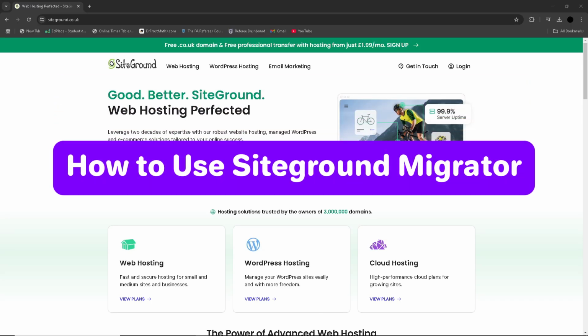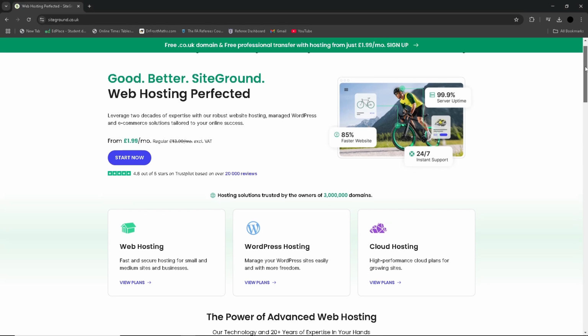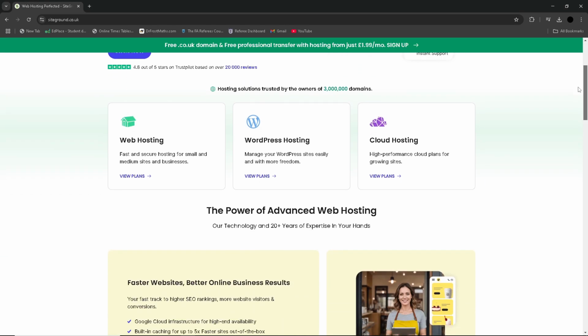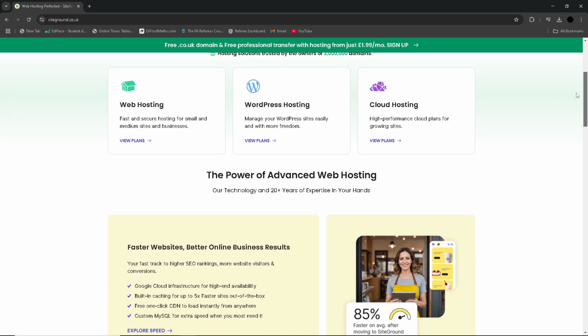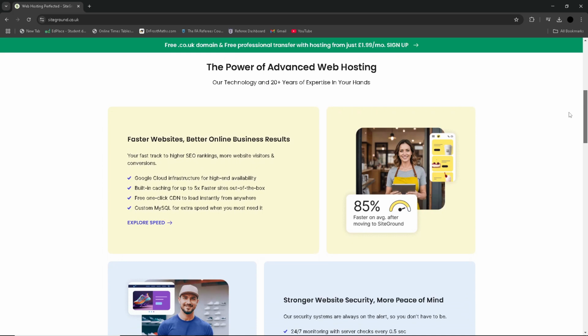In this video, you will learn how to use SiteGround Migrator. To use the SiteGround Migrator plugin, move your website from another hosting to SiteGround. Follow these simple steps. Log in to your WordPress dashboard of your old hosting provider where your website is currently